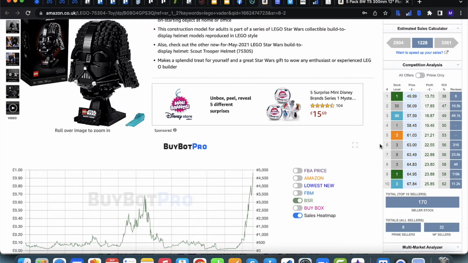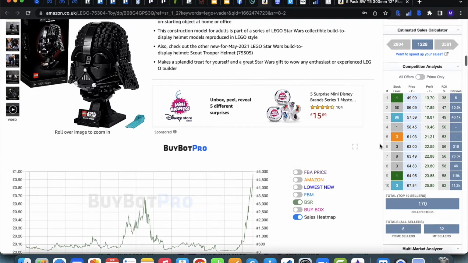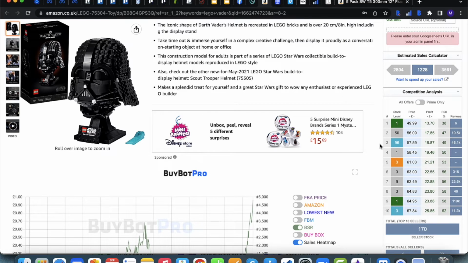And when you do have Amazon themselves on the listing, this is a sign that you may want to set a more competitive strategy anyway in order to compete with Amazon, as they will be one of the main competitors on a listing. So that is when you may want to use something like that. You want it to be sales focused, you want it to be competitive.